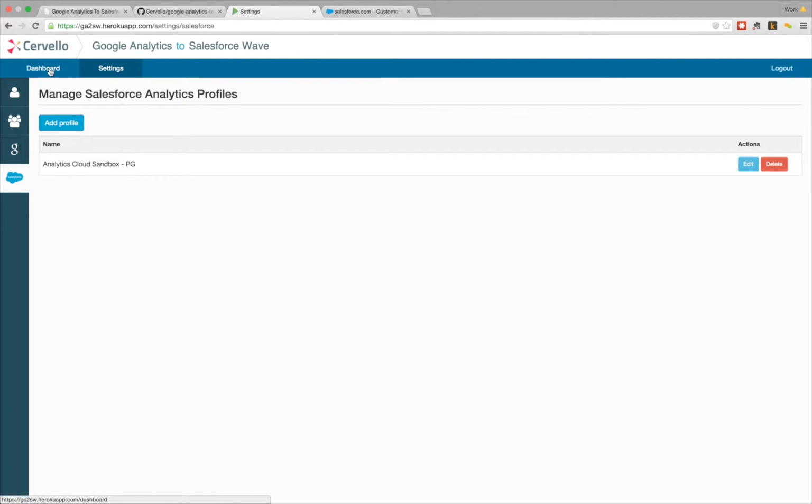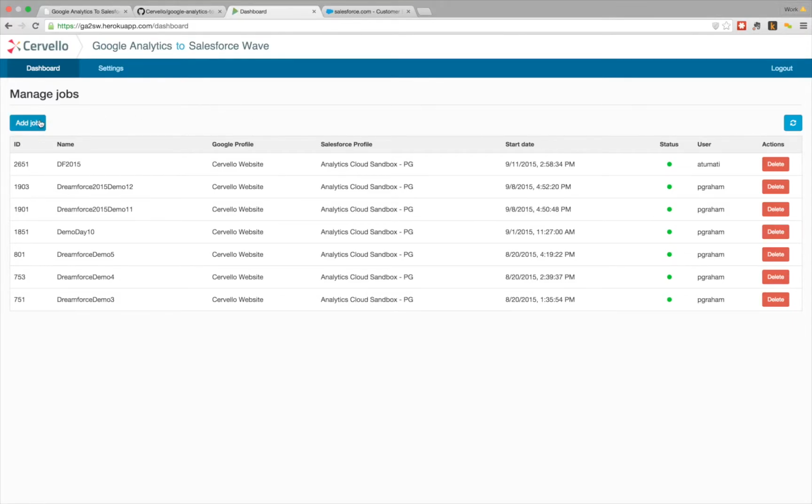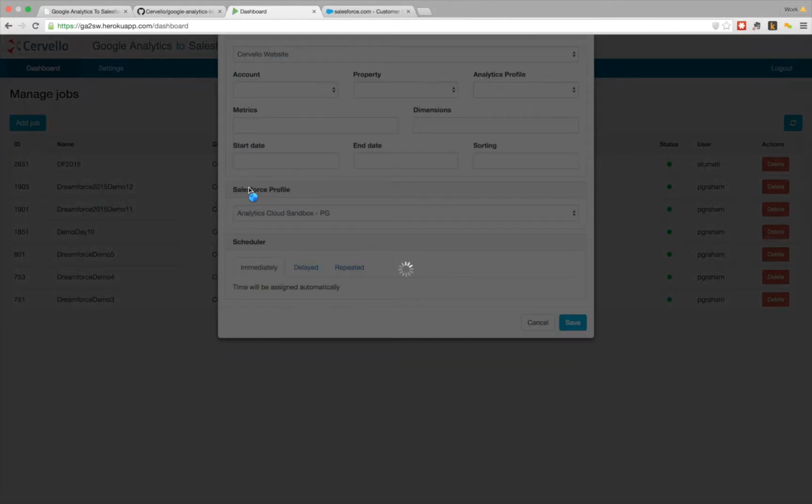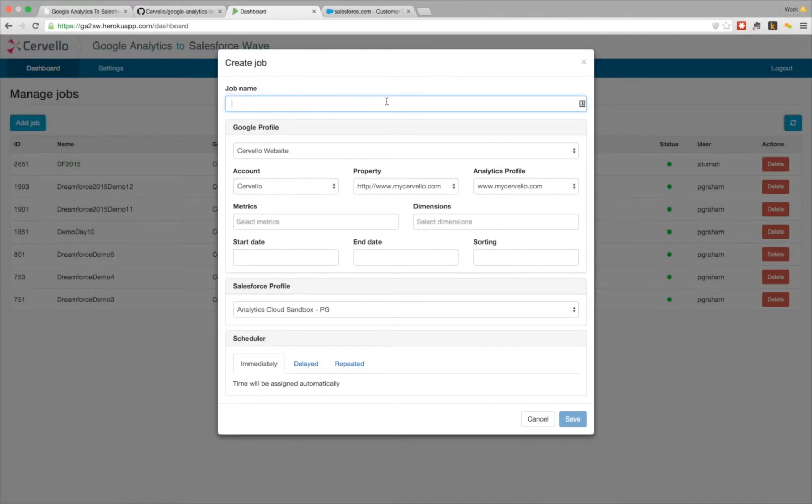And once I get my credentials set up, we're going to jump over here and create what we call a job. And what a job represents is simply a query that's going to extract data from Google Analytics and load that to the Analytics Cloud. So real quick here, I'm going to first set up, I'm going to name this job, and it's critical to know that the job name itself is going to represent the data set that I'm going to create in Analytics Cloud. So I'm going to go ahead and say demo for the web,